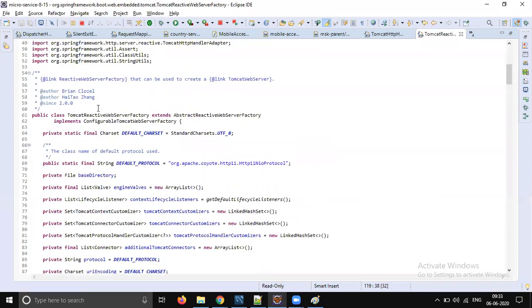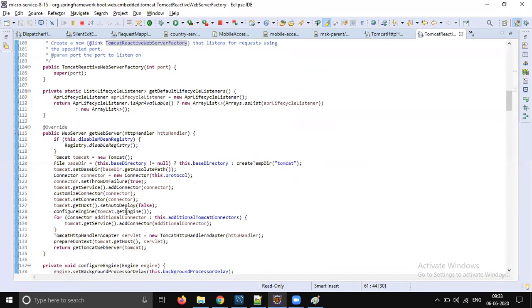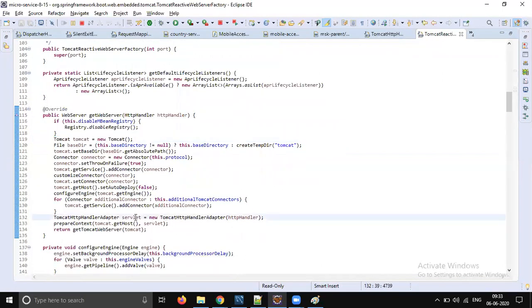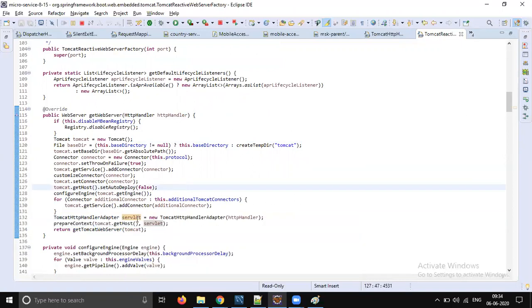The class is Tomcat Reactive Web Server Factory, and here the server is going to be started. So you get the handler adapter and context path. Whenever we are starting the server, it goes here. Fine. This process is going to happen. So, prepare context.